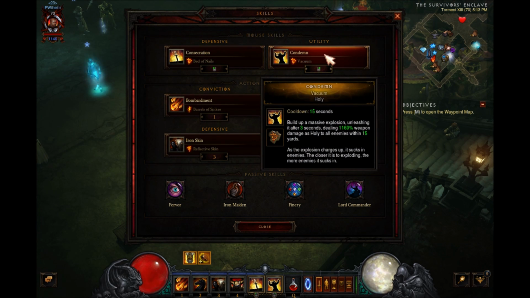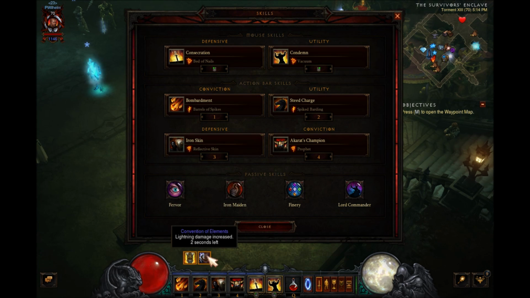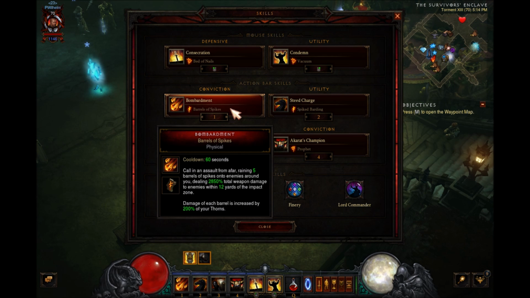Condemn, Vacuum, so we use this to group the monsters together so we can just move with our Steed Charge through the group of monsters, and that will help us kill monsters. Bombardment, damage of each barrel is increased by 200% of your Thorns. And call in an assault from afar, raining 5 barrels of spikes onto enemies around you, dealing 2850% total weapon damage to enemies within 12 yards of the impact zone. So also, when this turns on physical, you want to cast Bombardment, and that will give you a lot of